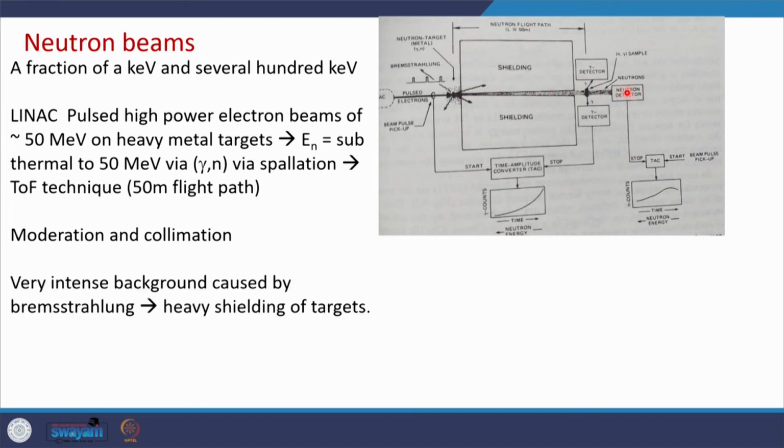And because of the very intense background due to Bremsstrahlung, a process which is a very important consideration in these nuclear reactions, heavy shielding of targets is required. What is Bremsstrahlung? It is one of the processes by which, not only in this kind of nuclear reactions, but in nature also,